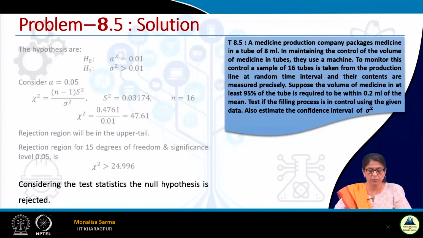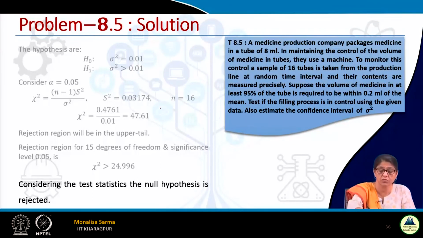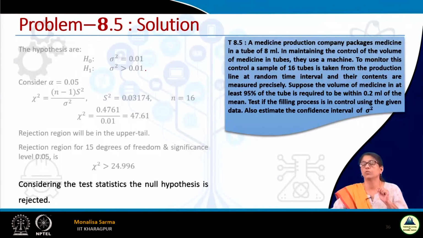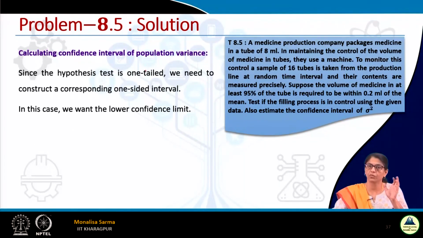So considering the test statistic, the null hypothesis is rejected. Now the null hypothesis is rejected, that means my sigma square value is greater than 0.01. Fine. Now greater means how greater, how much greater? Let's find that out. How will you find that? We found that our sigma square value is greater than 0.01. Now how much is greater? How much value is sigma square? I understood it is greater than 0.01, but how much is that? So we will find the